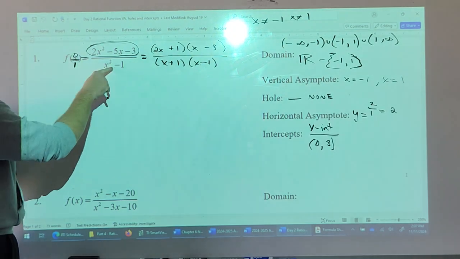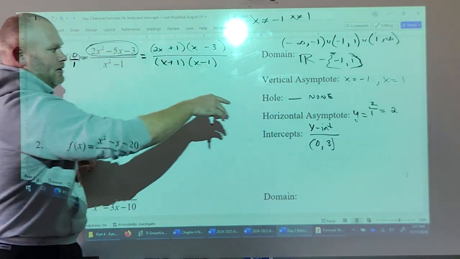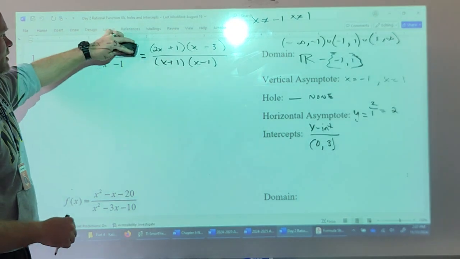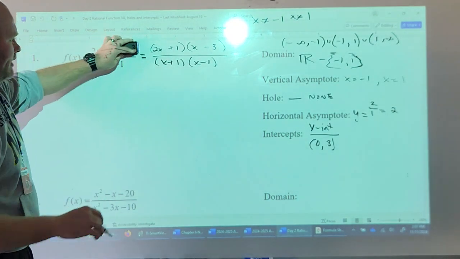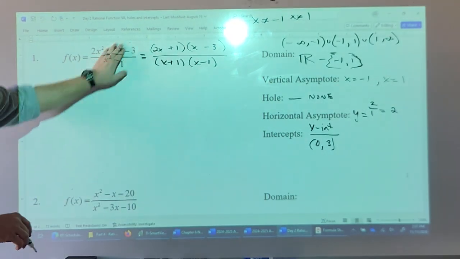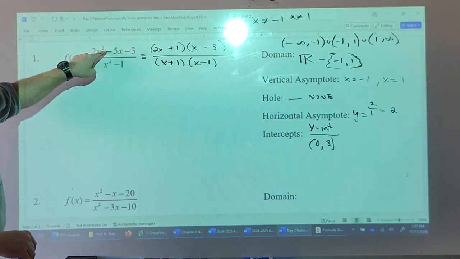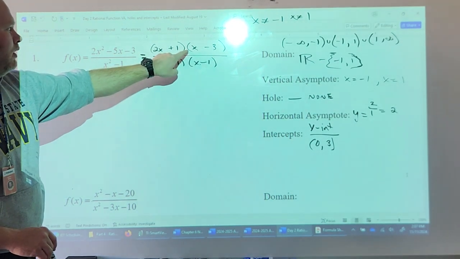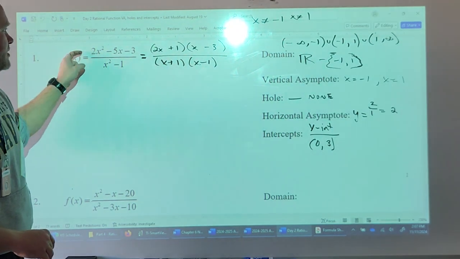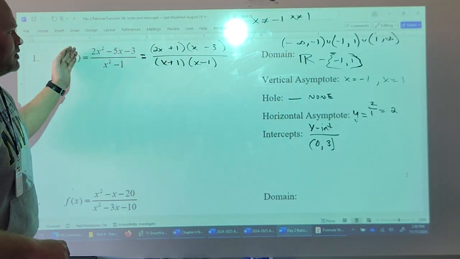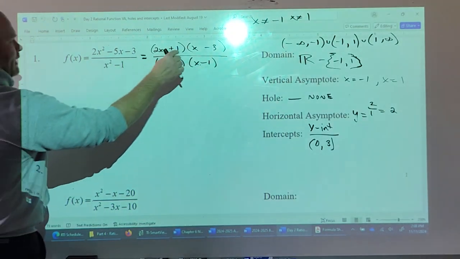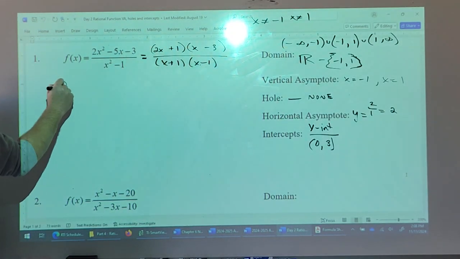Okay? Because the denominator can't equal 0. That's when it's undefined. We dealt with that over here. But when the numerator equals 0, that's when it's going to tell you where it's crossing the x-axis. Now, would I want to set this original numerator equal to 0 or the factored numerator equal to 0? Hopefully you're thinking factored, because if you set this equal to 0, you're just going to factor it and then solve it. So I'm setting the factored numerator